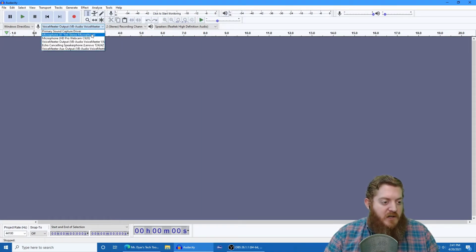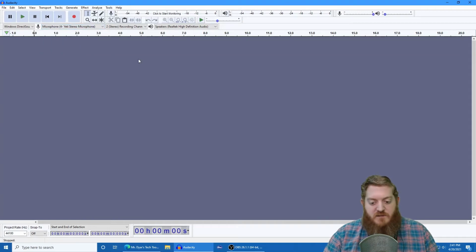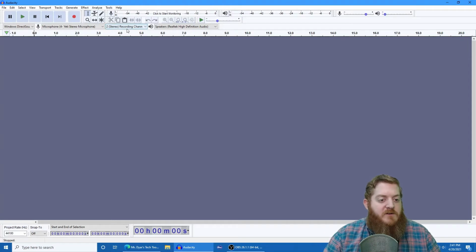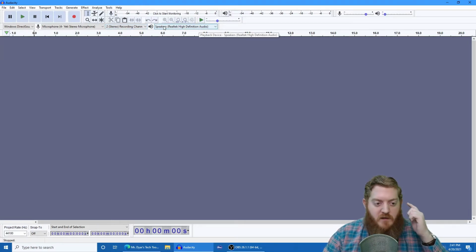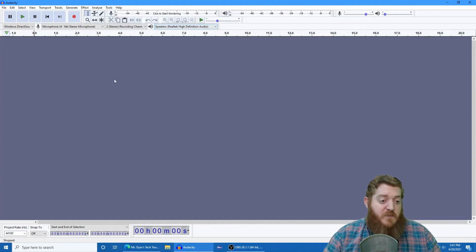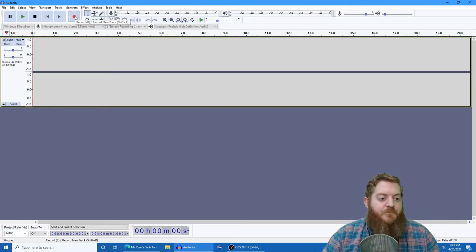And so I'm going to use my Blue Yeti, which is sitting right in front of me. I'll close out some other windows that I have open on my other screen. And then I have my speakers set up as my headphones that are connected right here. So this is basically ready to go. Now all I need to do to record is click the circle, and then whenever I'm done with it, there will be a stop button highlighted for me as well. So let's just record some quick audio.